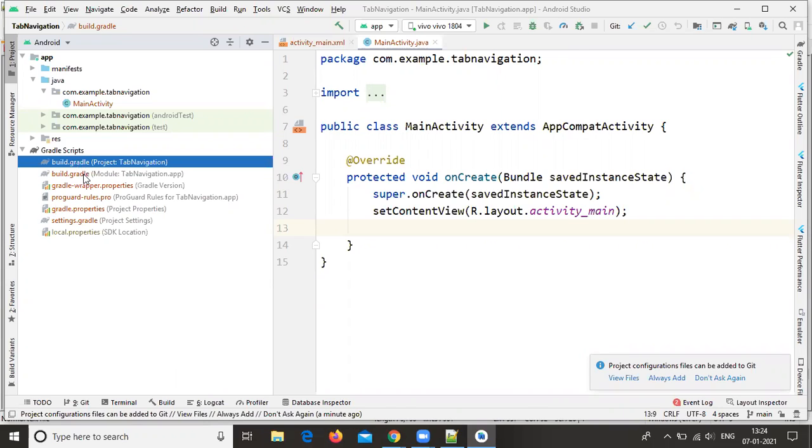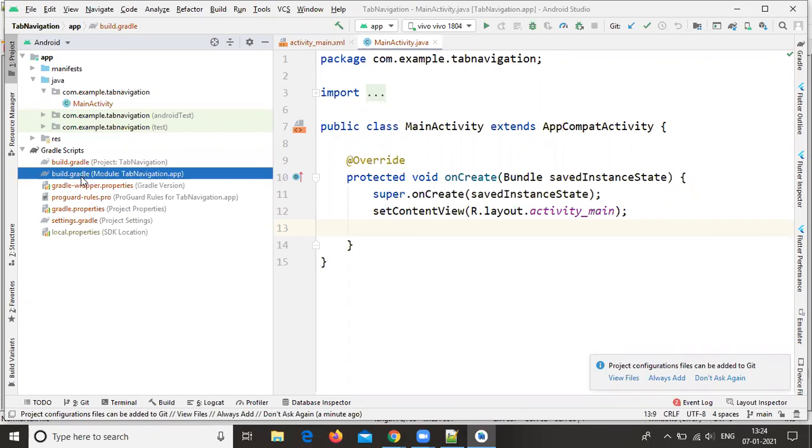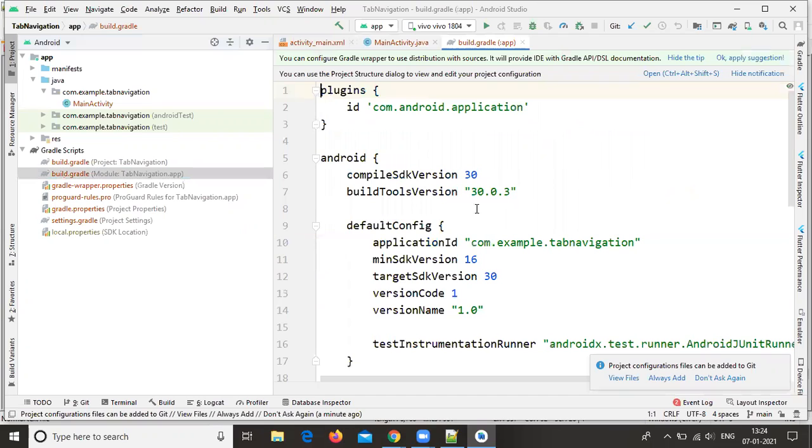The second file is the build.gradle file. Let us open this Gradle file. It looks like this.